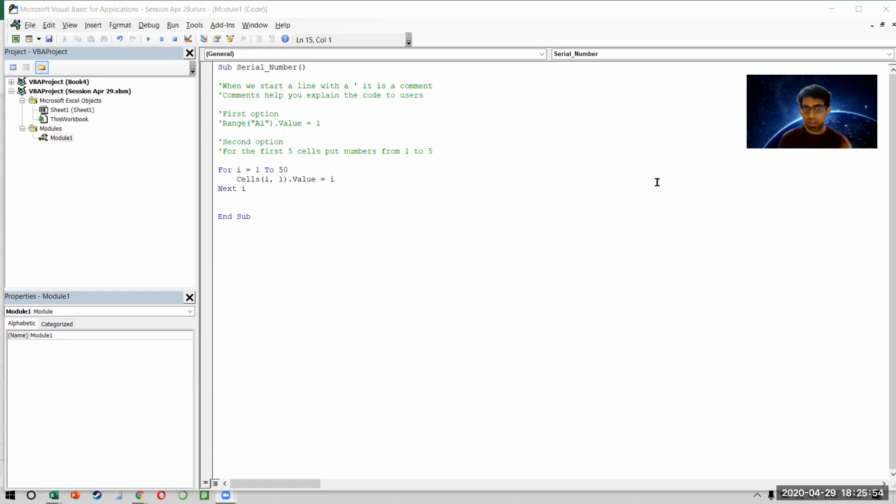So the answer is to introduce a J variable, I guess. Absolutely. Okay. And what if we deal with the first option? Is the first option valid in such case? Like this one, the range A1?